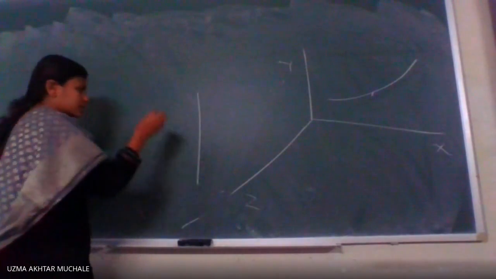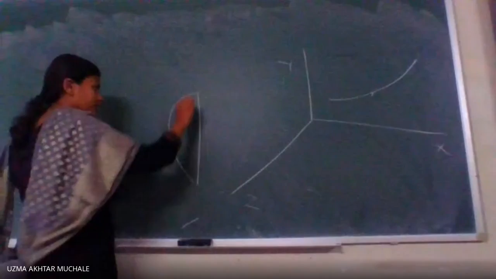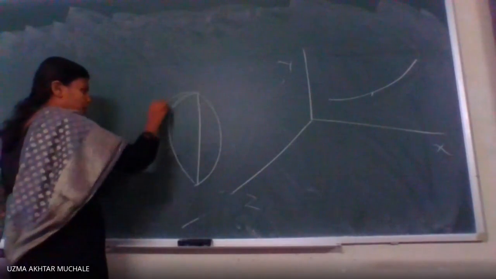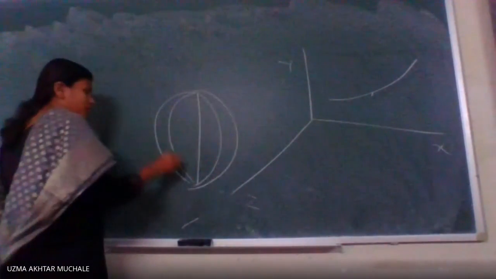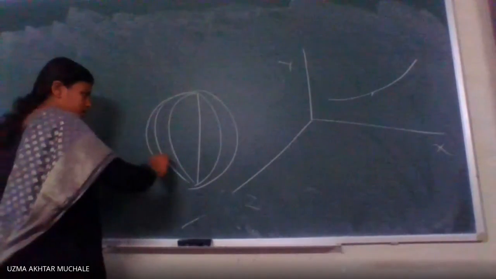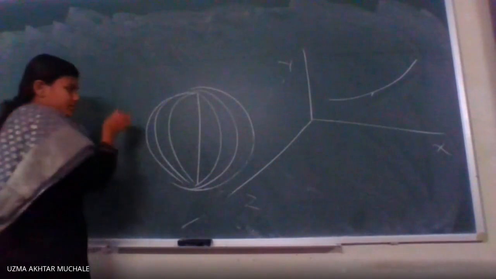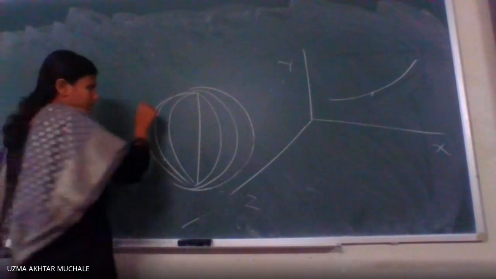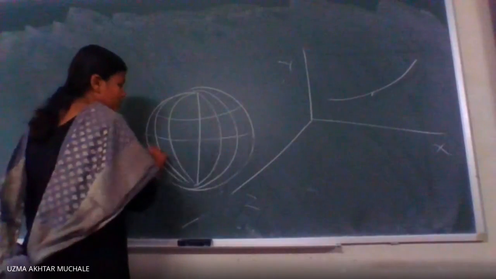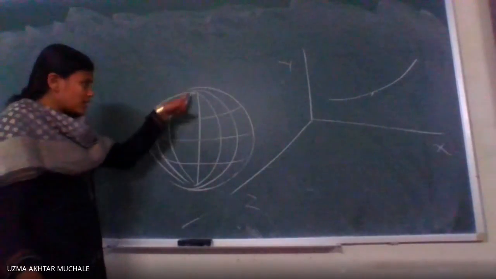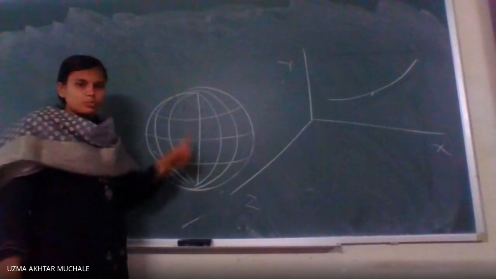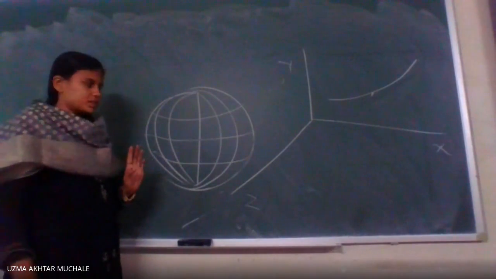Like the example of a sphere, we have this axis, and the profile curve is nothing but a half circle. After revolving this half circle, the object we get is a sphere. But this touches the axis of revolution at two points, which are called the singular points. What are those?